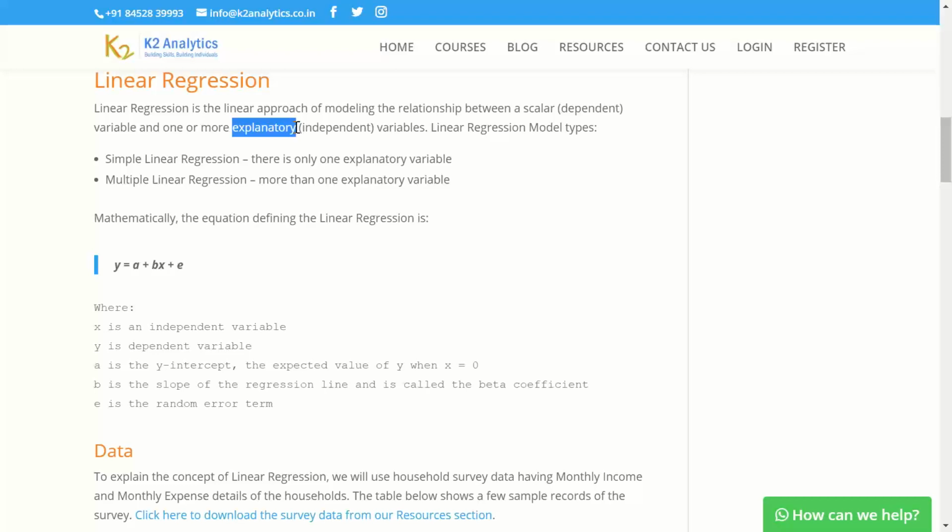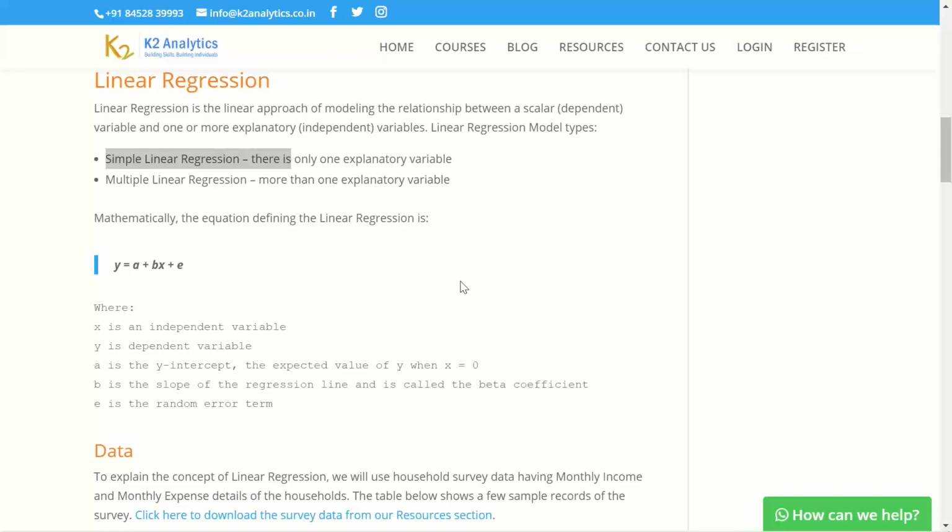These terms will get clearer as we solve a complete model development process. We will build two types of linear regression models. Simple linear regression has only one explanatory variable. Multiple linear regression has more than one explanatory variable.